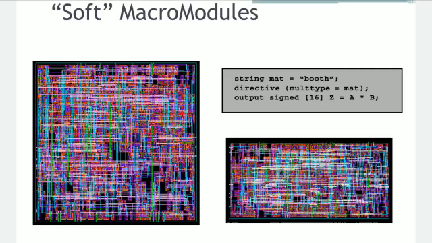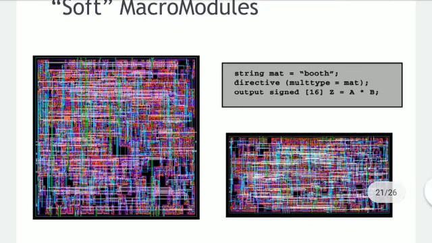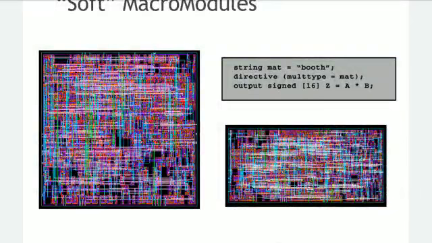As shown in this figure is a soft macro for a multiplier macro module. As shown here, there are two instances of an 8x8 multiplier module with different aspect ratios. You can see the length and width of these two macro modules are different. Here it is square, here it looks more rectangular. That is the difference in aspect ratios. The modules are generated using the Module Compiler tool from Synopsys.